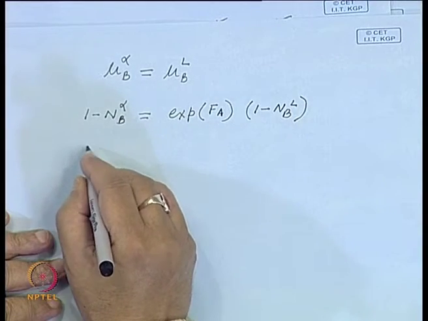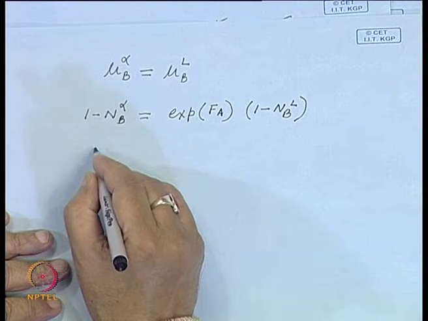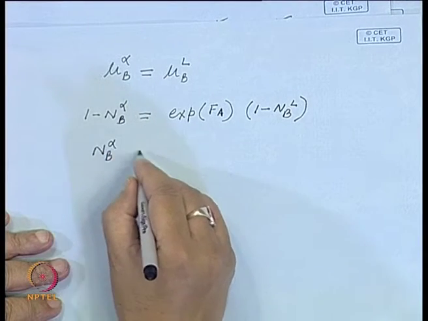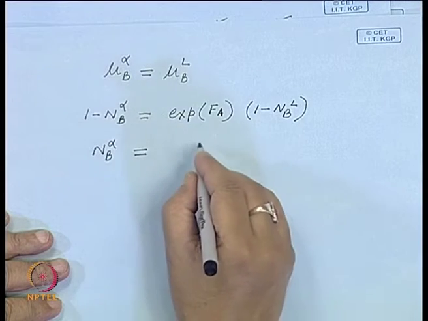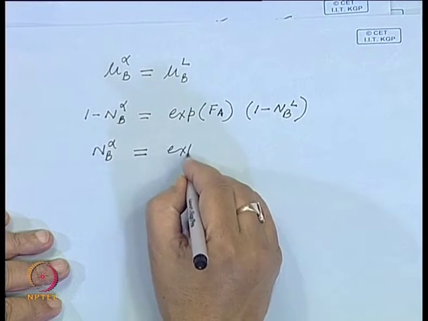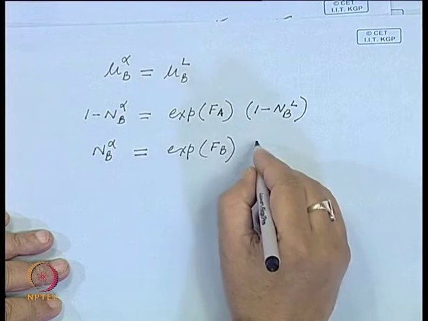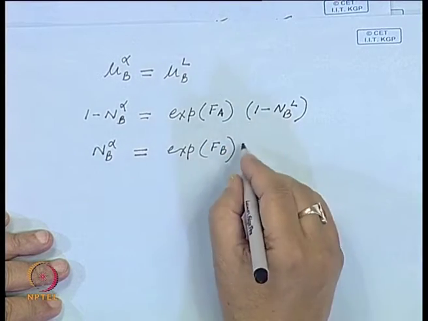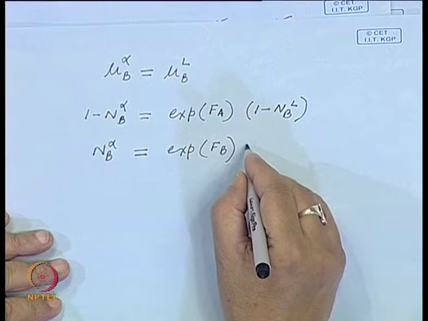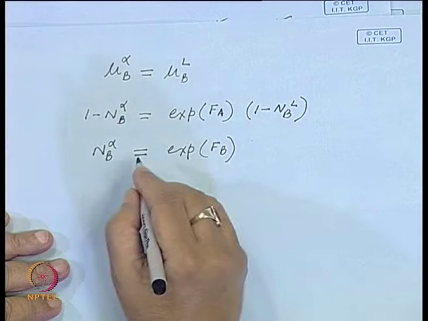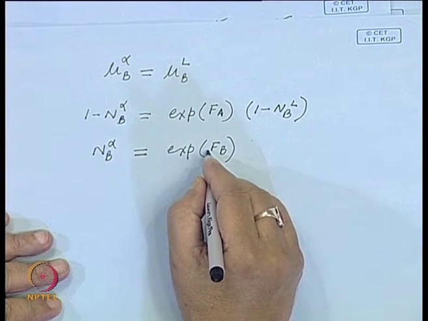Similarly, the other one you can say that N B alpha equal to exponential, this should be